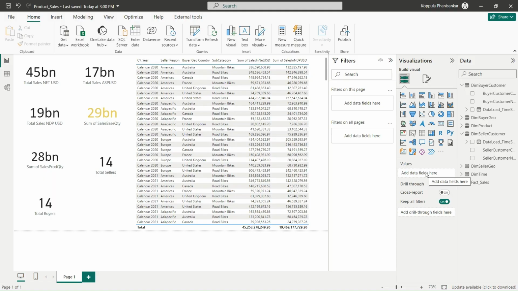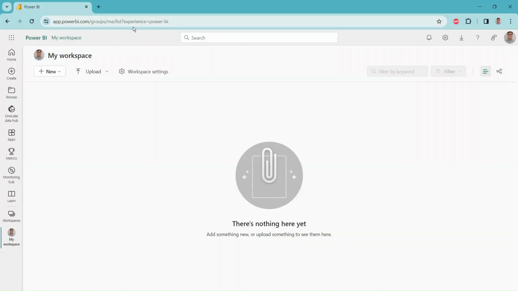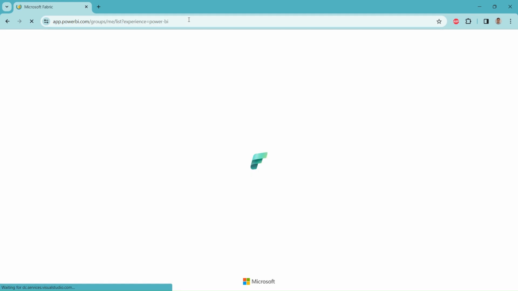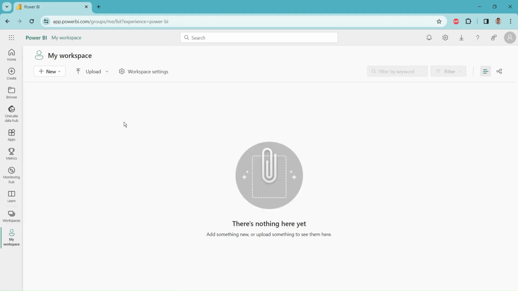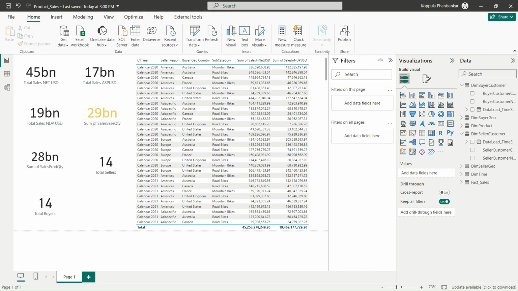So now we created all our first data model and first dashboard. I just did a little formatting here to make it look and appear very good. So now our dashboard is saved in my local. Now we need to deploy this dashboard to Power BI service. So I'm going to deploy to my Power BI workspace. So this is my folder. Presently there are no dashboards deployed. This is purely empty,